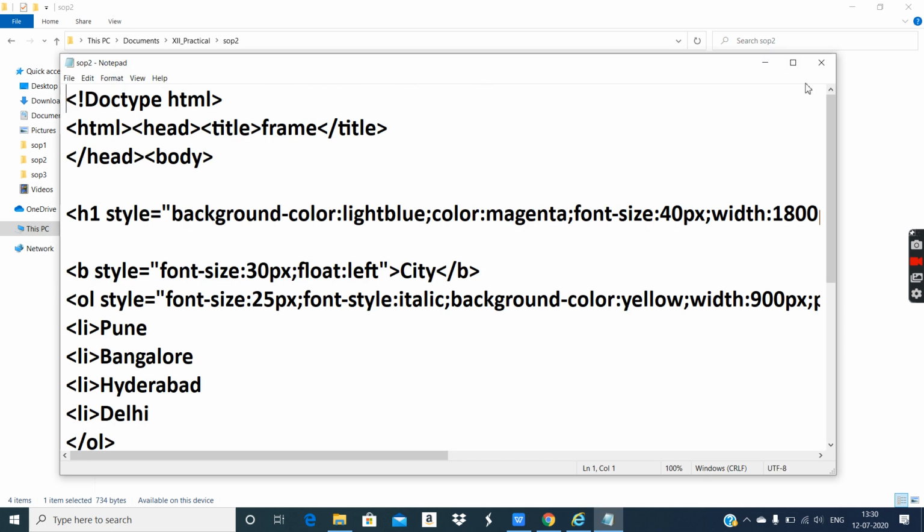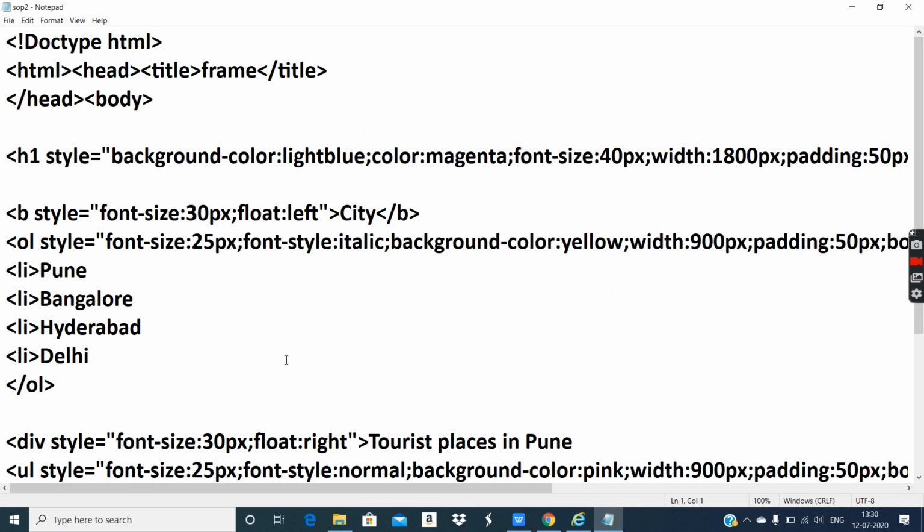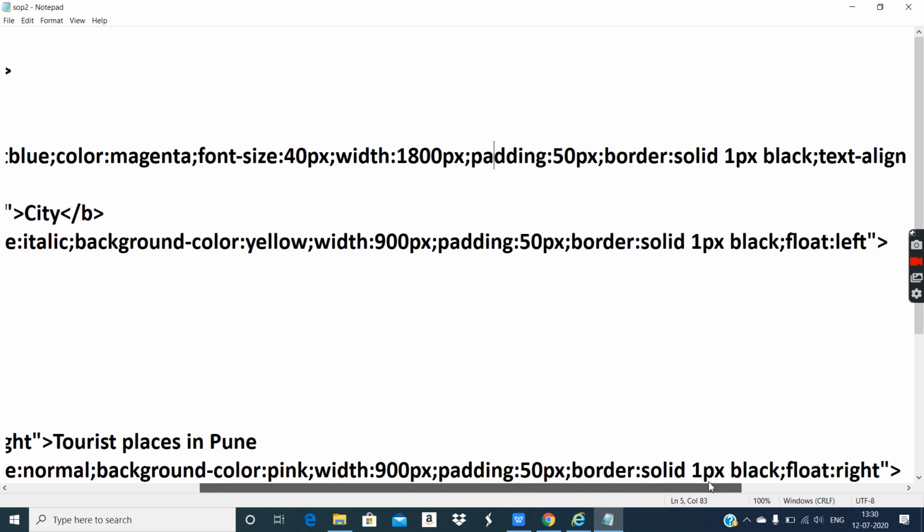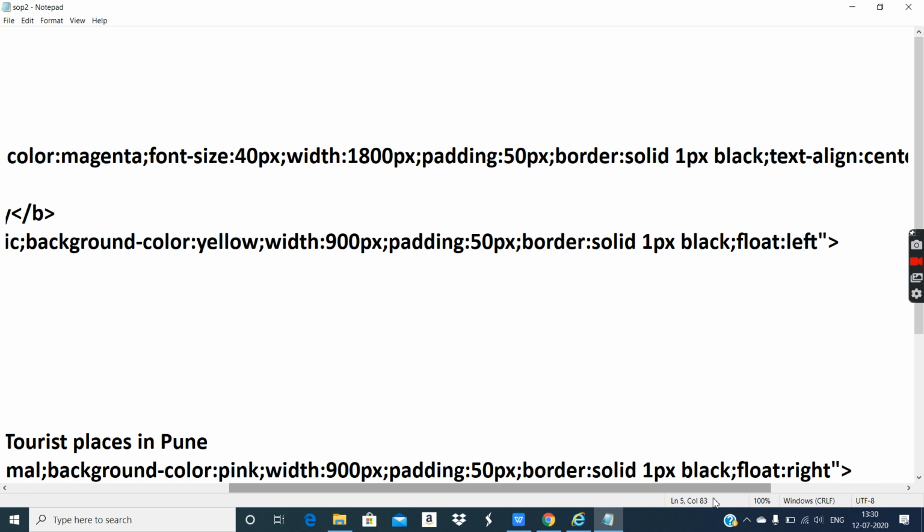See, this is the first solution which I tried. Simply, to the heading tag I provided border color magenta, font size, width, padding. Everything got applied nicely. Border also I gave, text alignment also I gave.